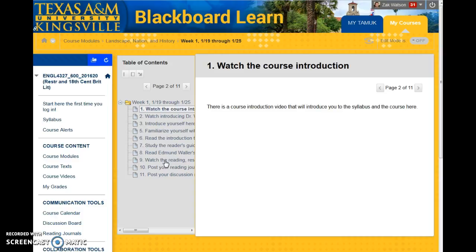The idea I just want everybody to take away from this is that the module always has the list of things that you're going to do for the week, and it always links to the content elsewhere on the Blackboard site. I did this so that you can either approach things from the module perspective, so everything is sort of on rails, this is exactly what I have to do this week, or if later you want to go back and review, you can just go straight over to course videos, let's say. And let's say that you wanted to look at all the videos on landscape, nation, and history. They'll all be there, so you won't have to click through all of these different weeks within the module.